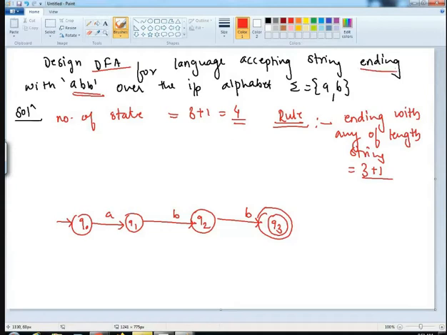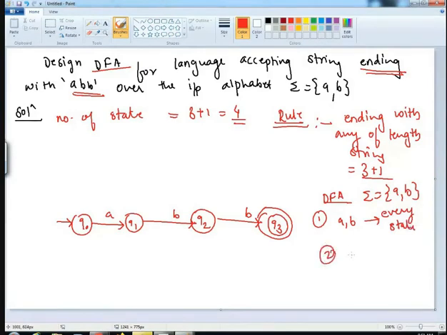अब मेरा कंडीशन क्या है? It should end with ABB. तो as per the rule of DFA हमें हर एक इनपुट सिंबल को यूज करना है. अब इनपुट सिंबल कौन से आपके? A और B, ये 2 इनपुट सिंबल है. तो A और B दोनों हर एक स्टेट पे यूज होना चाहिए. And second condition says that हर एक इनपुट सिंबल only once हर एक स्टेट पे यूज होना चाहिए, यानी आउटगोइंग एरो एक ही बार रहेगा उस पर्टिकुलर इनपुट के लिए.